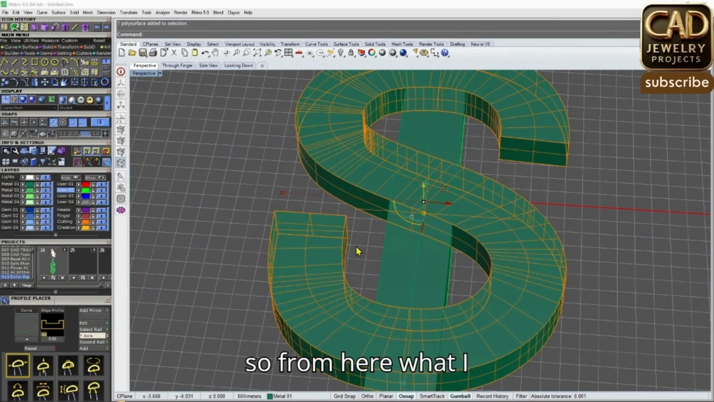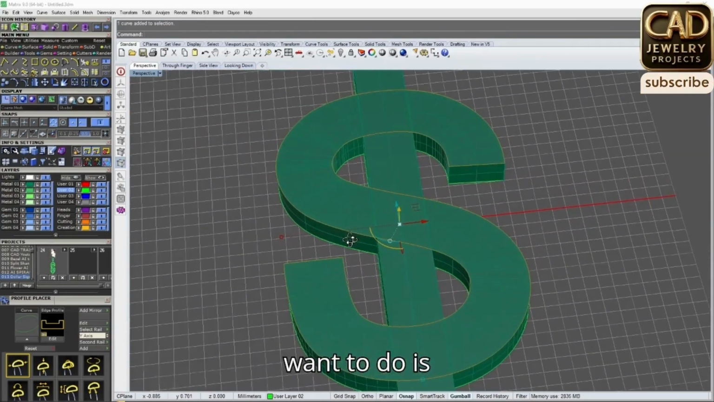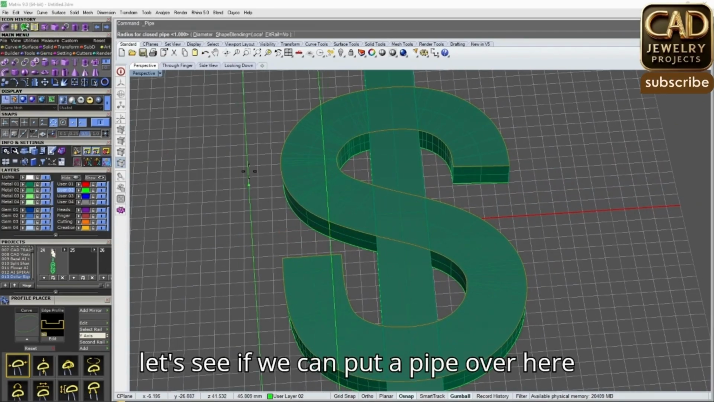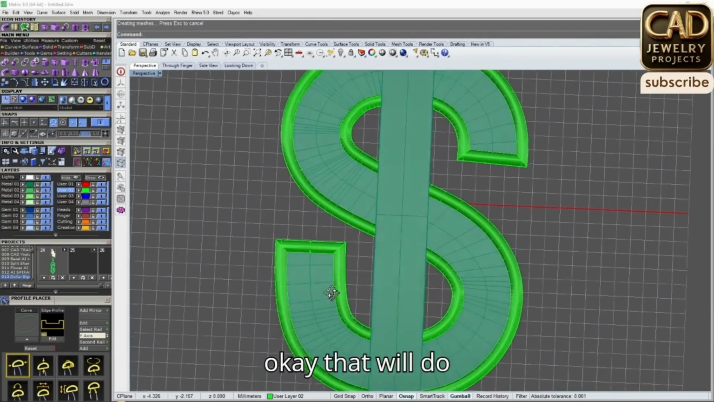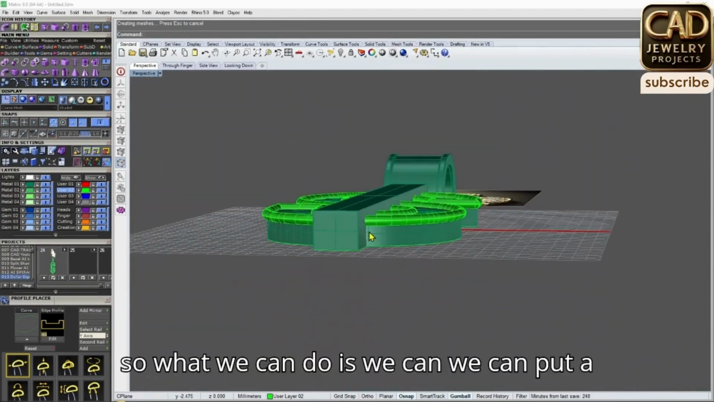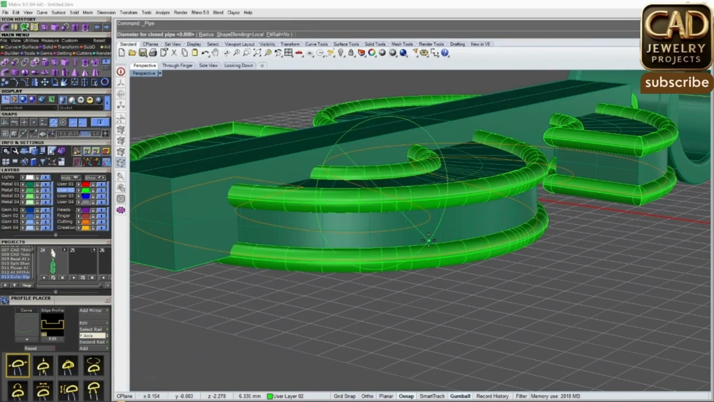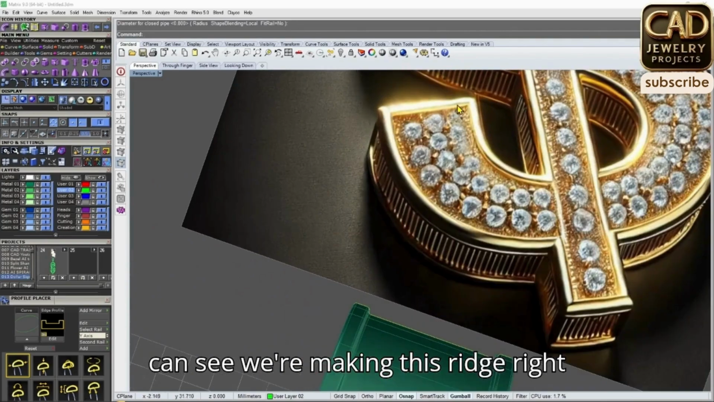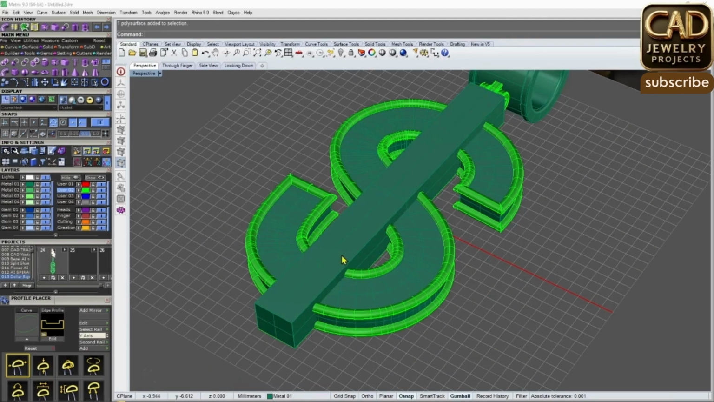Okay, so from here, what I want to do is let's see if we can put a pipe over here. We put 0.8 diameter. Okay, that will do. So what we can do is we can put a pipe over here too on the bottom, about 0.8. There we go. As you can see, we're making this ridge right here. Okay, so let's go ahead and